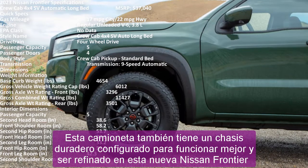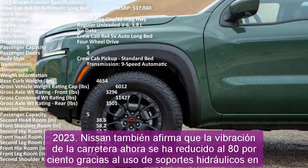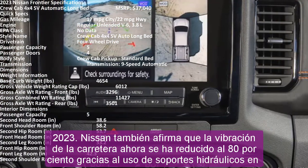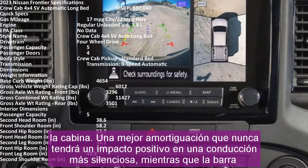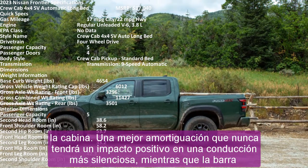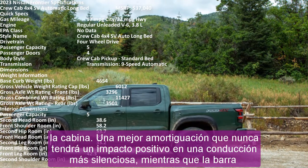New Frontier 2023 engine. Speaking of engines, the new Nissan Frontier 2023 carries a large and tough engine, which is the same 3.8-liter V6 engine used in the previous Nissan Frontier. This engine is capable of producing 310 horsepower and 281 lb-ft of torque and is paired with a 9-speed